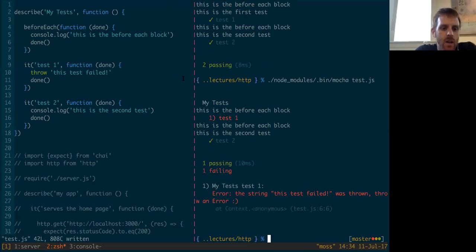So if we come back in here and we grab Chai, one of the ways Chai gives you to write those types of assertions is this expect method, right? So I'm going to grab this expect thing from Chai, and that's going to let me rewrite this test a different way, where instead of this big if block, I can just say expect result to equal 4, right? Which is a much simpler way to do that. And what this is doing under the hood is it's doing this test and it's throwing an error if result is not equal to 4. This is just a more human readable